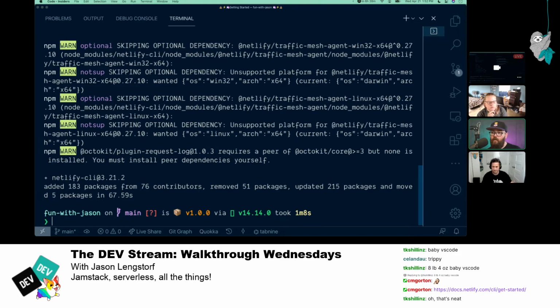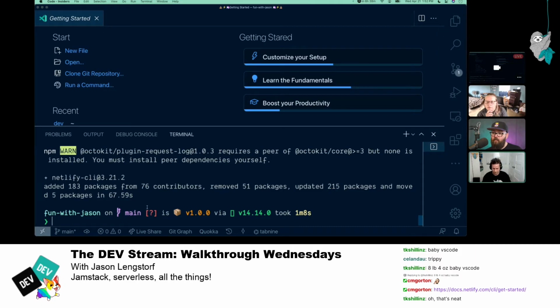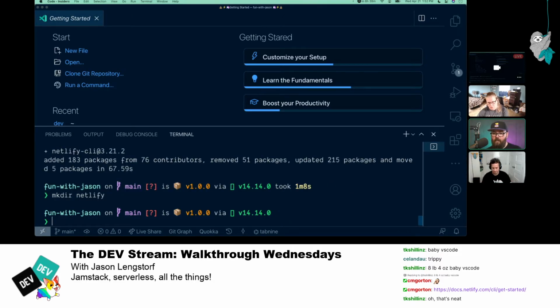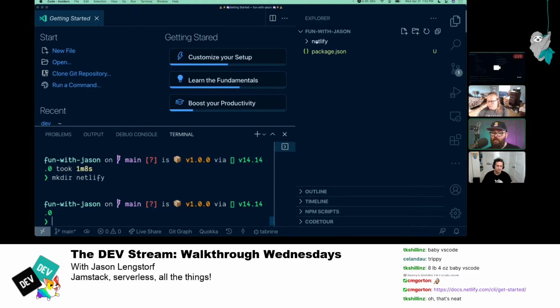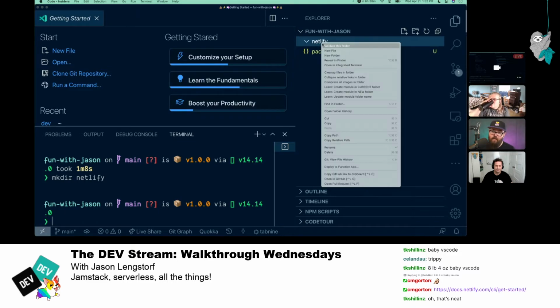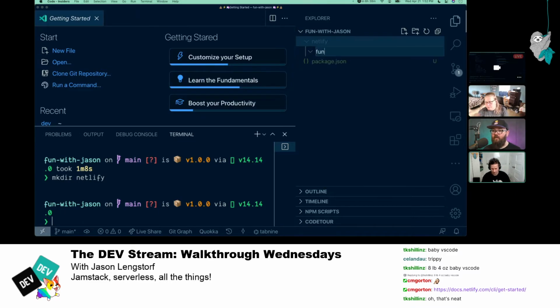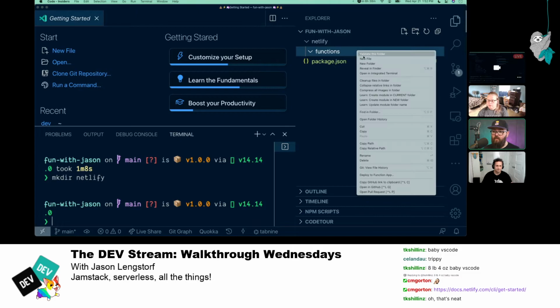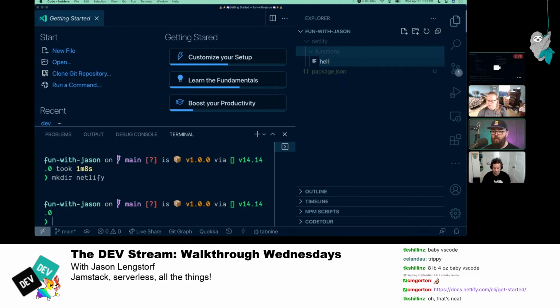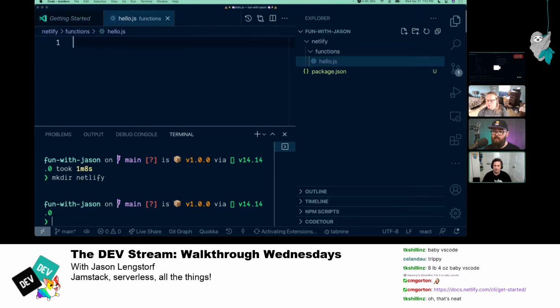So let's go into your project and create a new folder called Netlify. Just Netlify, not .netlify. This is a little confusing. We realized after we shipped it that we had created that confusing of a thing. And then inside of this, let's create one more folder called functions. Okay, I'll go GUI on this one. And then inside of that, let's create our first serverless function. We can call it hello.js or whatever we want.